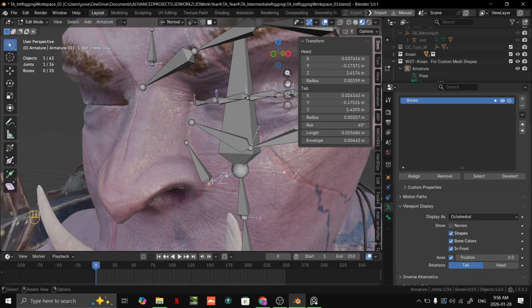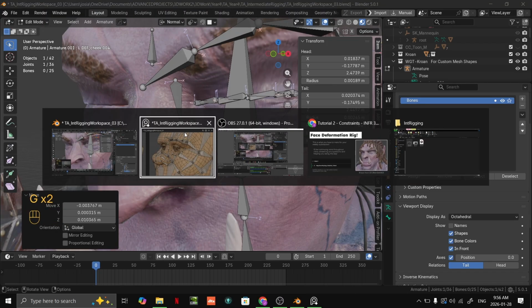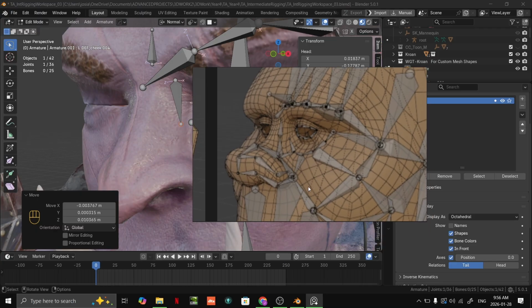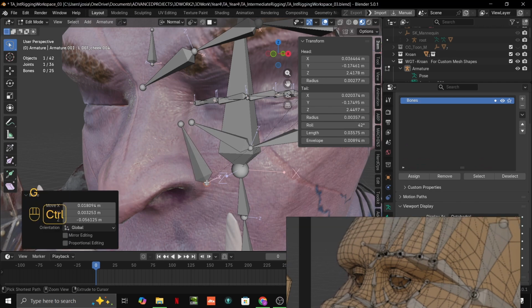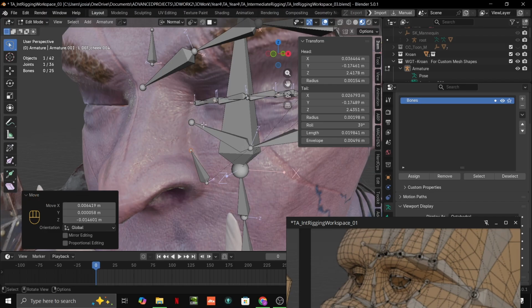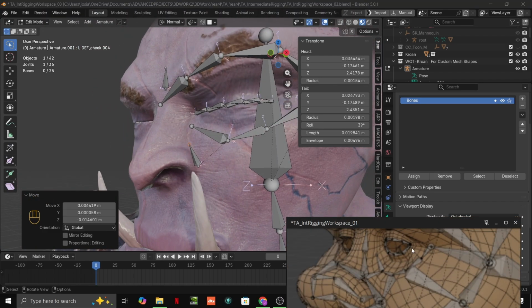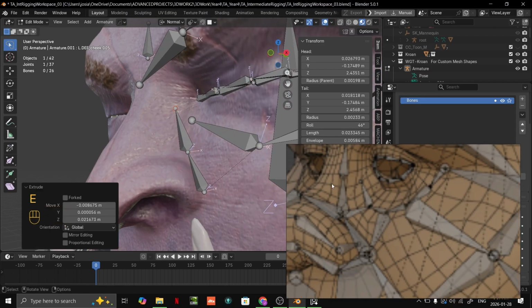I think I might want to have the bone starting up here. No, I do trust this example. Right there. Boop, boop. And then